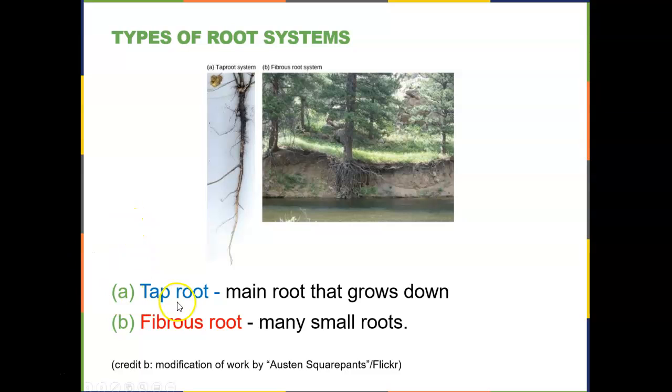So what's an example of a taproot plant? Well, dandelions are taproots, and the taproot helps to anchor the plant really tightly into the grass, and that makes it really difficult to remove dandelions. And if you do happen to break the plant off and leave some of the root, it will just regrow a new shoot and a new dandelion plant, which can really frustrate those who want to keep their garden,